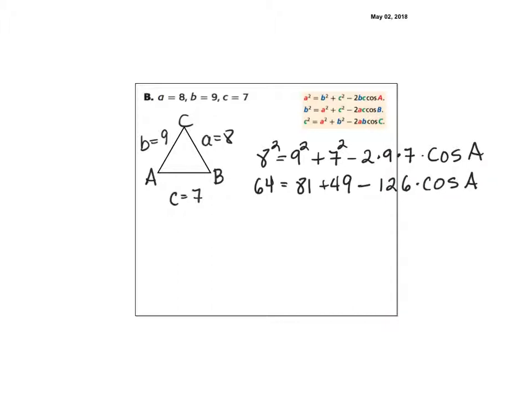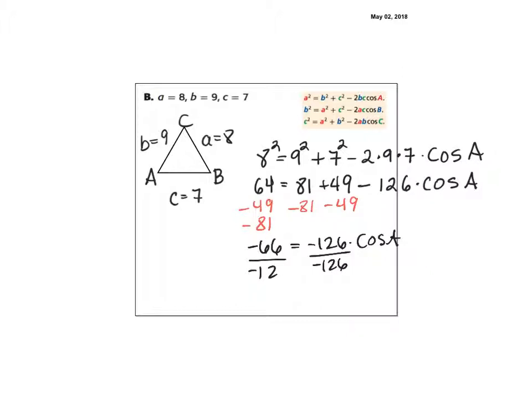Okay, I just multiplied these out. And now I have to move everything but cosine A to the left-hand side of the equation. So I'm going to subtract 81 and 49. Then I'm going to divide through by 126 to leave me with cosine A alone. So if I subtract 81 and 49 from both sides of the equation, I'm going to be left with negative 66 is equal to negative 126 times the cosine of A. I'll just divide both sides through by negative 126. And I got cosine of A is equal to